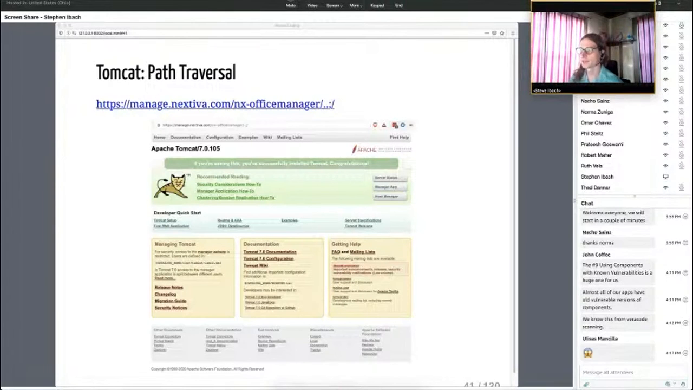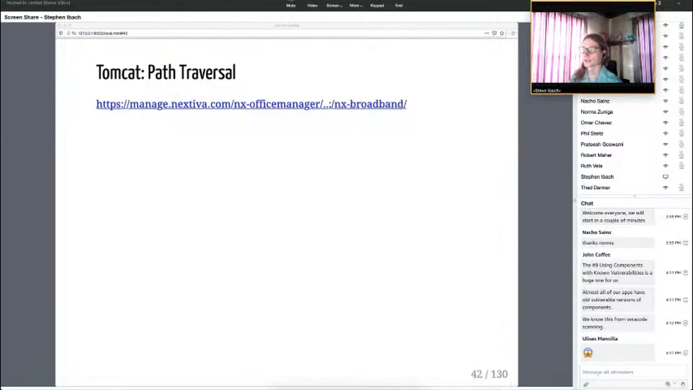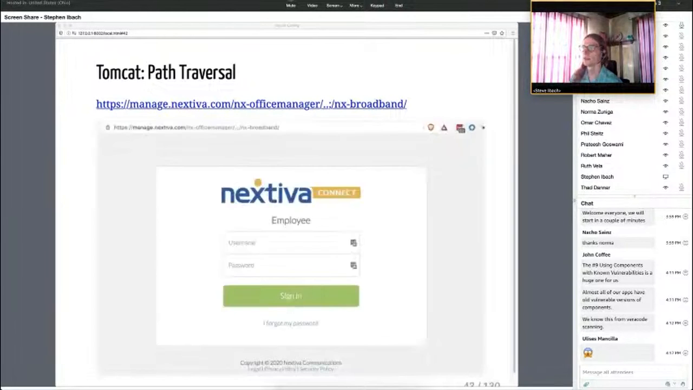Now, this by itself might not be a problem, and if Tomcat Manager is disabled, then this definitely is some information disclosure, but it gets more interesting when you realize you can access other applications running on the same host. So if we do something like this, we can see the broadband portal, which is the customer login to this application,